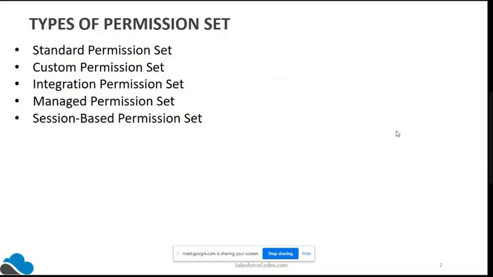Now, what types of permission sets are there? By default, whenever you take any Salesforce license for your org, you will get standard permission sets. You can take a standard permission set, clone it, and create a custom permission set specific to your agents and your org, or you can freshly create a custom permission set.